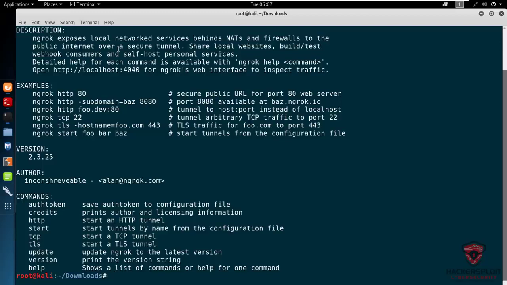So the entire process here is as follows. I run ngrok, and then I specify the protocol, which could be TCP, if I'm exposing a particular port. If you're working with HTTP here, you can see you expose port 80 or a particular subdomain. And then, of course, if you're running nginx, all of that good stuff, I've already explained this before. We are working with TCP. If you want to use HTTPS, you can set up the TLS tunnel right over here. But we are setting up a TCP tunnel because the payload we're going to be using is going to be the Android